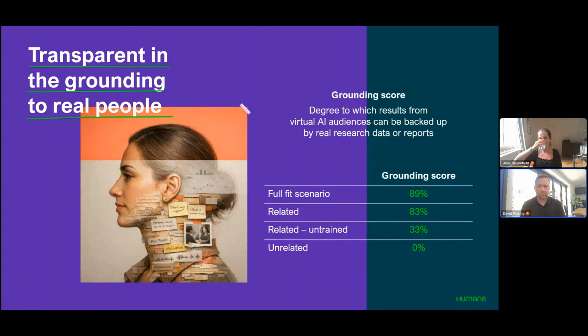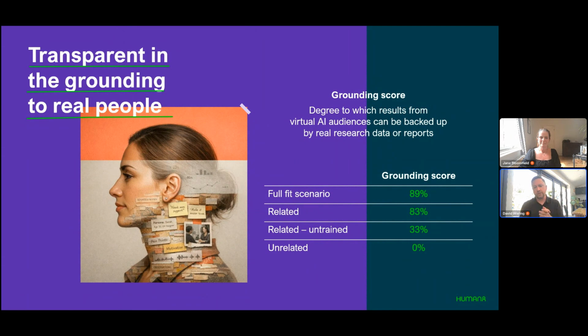This was a previous project about coffee. The full fit scenario, 89%, illustrates that the question we've asked the twin is very, very highly correlated with the primary research evidence that we've already uncovered at the initial stage. Presuming here we're talking about coffee, we've asked them something that we've already asked at the primary research stage. Because people aren't always consistent, this is about as high as we'll get, because people will change their mind and give different answers.